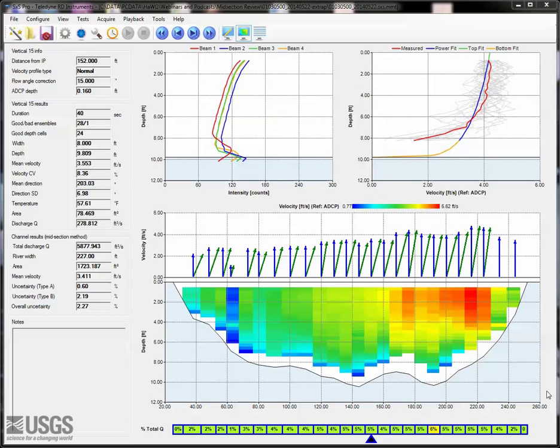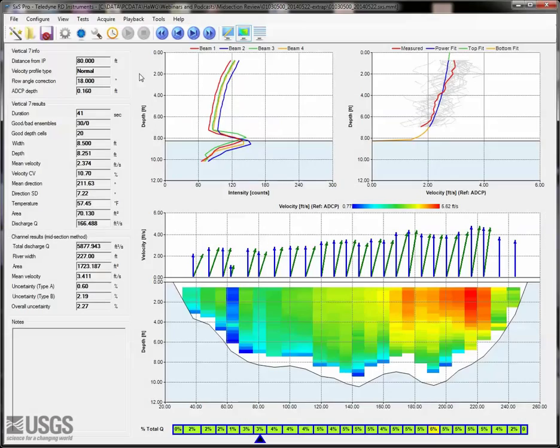At this site, there are large boulders on the river bottom in the manned cableway section, and we would expect this to cause a bend towards zero on the bottom, higher in the water column than the standard power curve. Also, this increased friction is expected to cause a higher exponent, as the rougher the bottom, the higher you would expect the power exponent to be. In this data set, we can actually see in the contour plot that velocities decrease near the bed in nearly every station due to those large boulders on the stream bed.